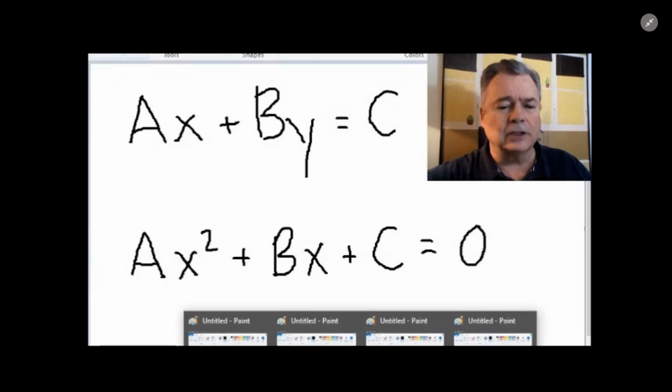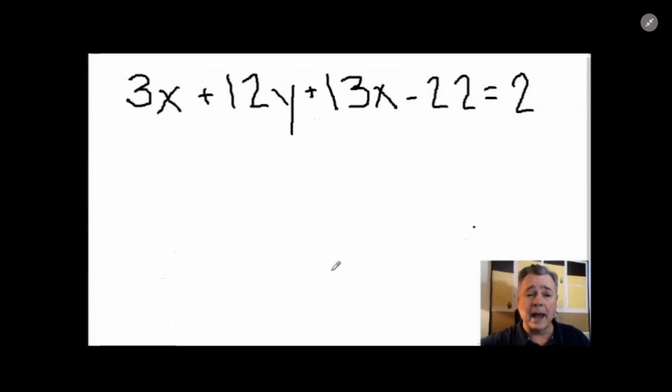Consider the function 3x plus 12y plus 13x minus 22 equals 2. Put it in standard form. We first need to combine the like terms. 3x can be combined with 13x. And the two constants, minus 22 and 2, can also be combined. The result is